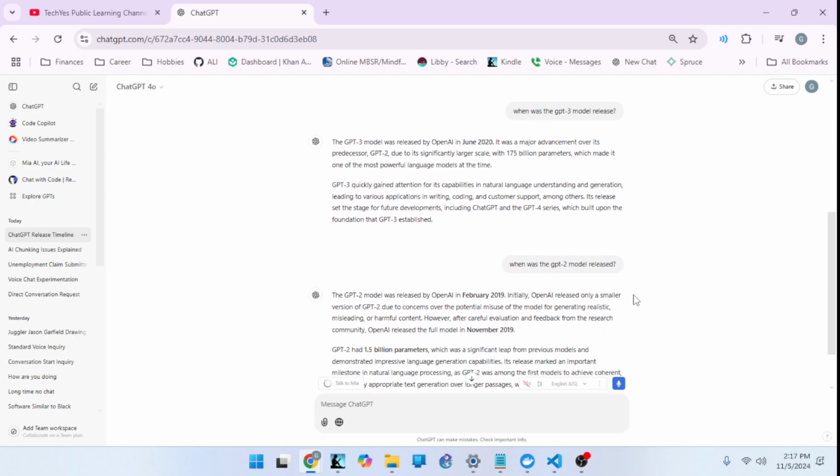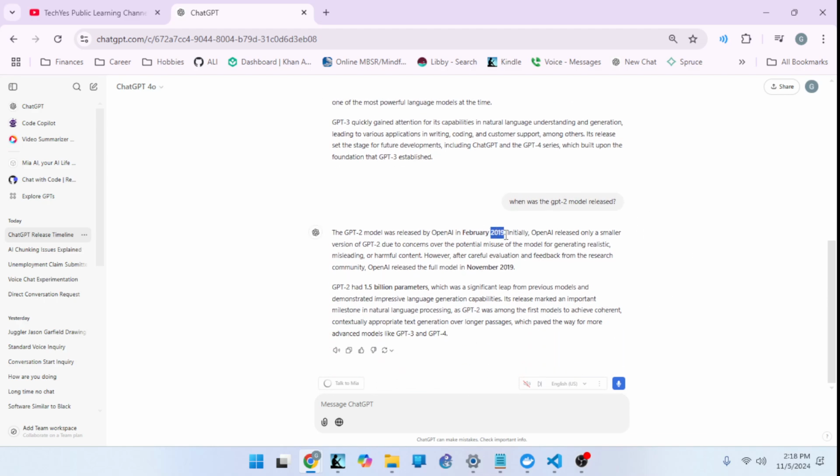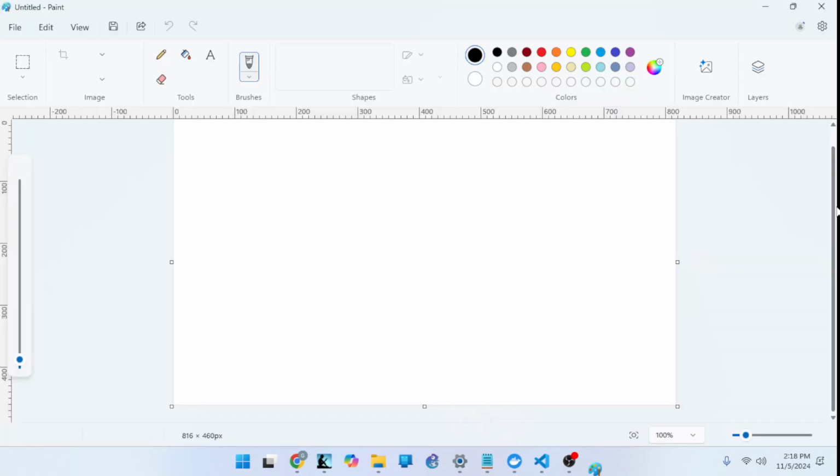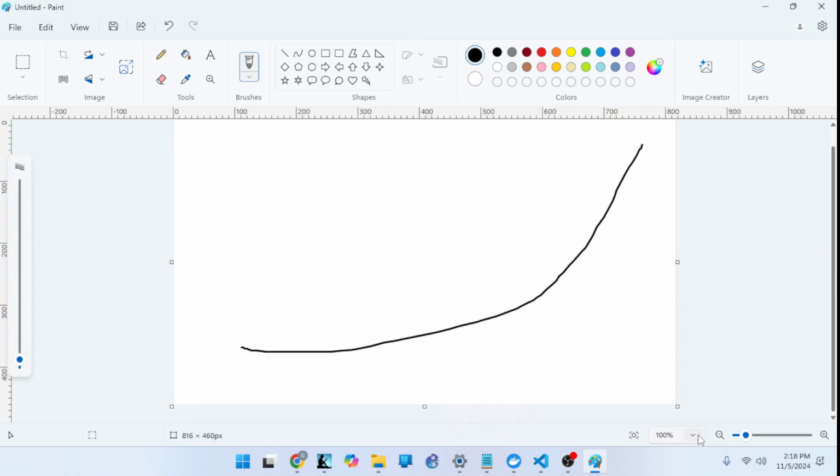The reason I became an AI realist is because you look at the trends, you look at the way it has increased since 2019. That's only been about 5 years, and look at how far we've gone. So the idea is that we're not at the pinnacle. We're nowhere near it. We're on a graph right now. I don't know if I do a paint. The graph is looking like that, right?